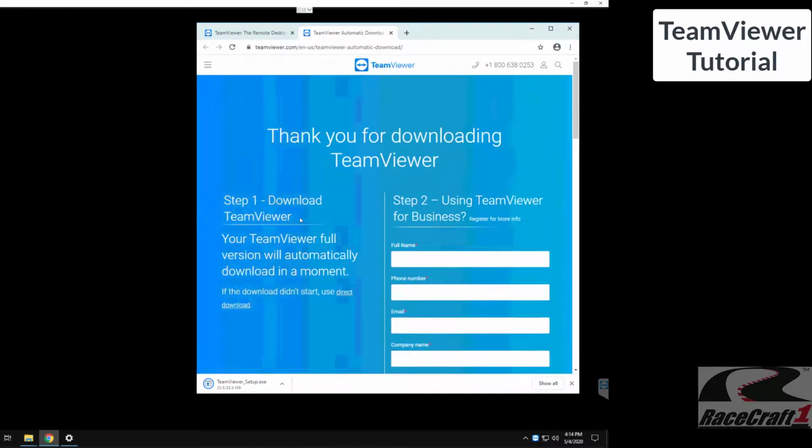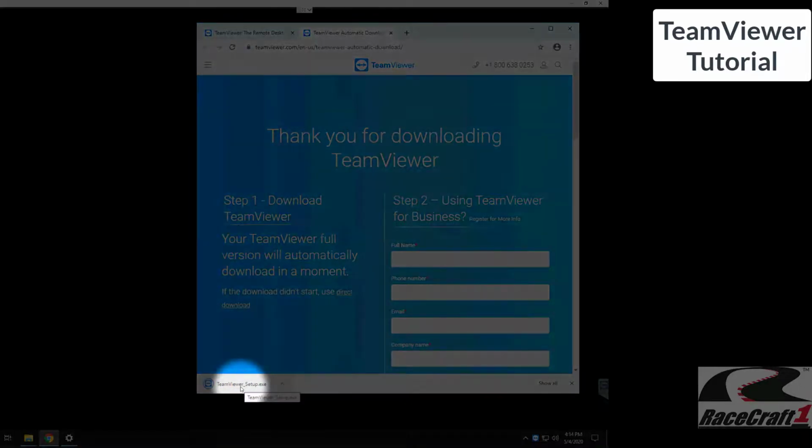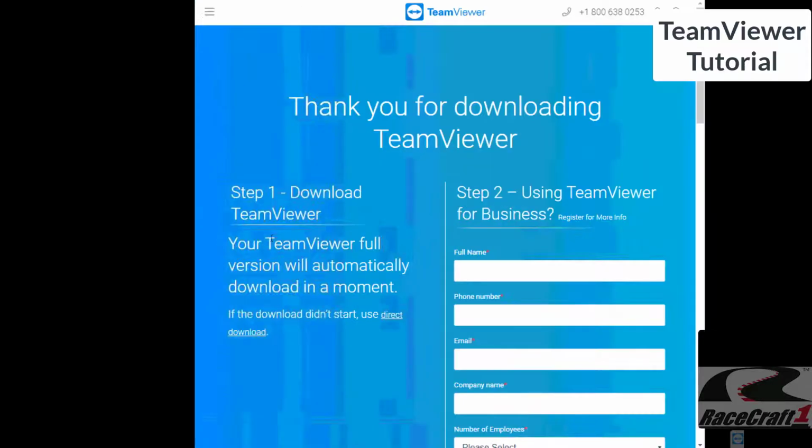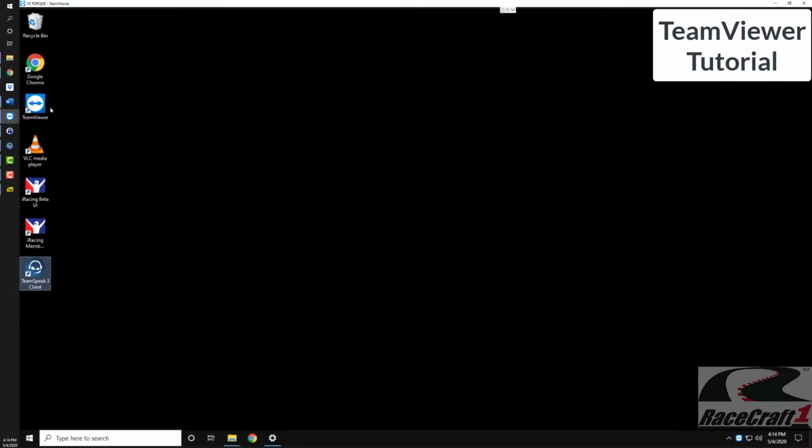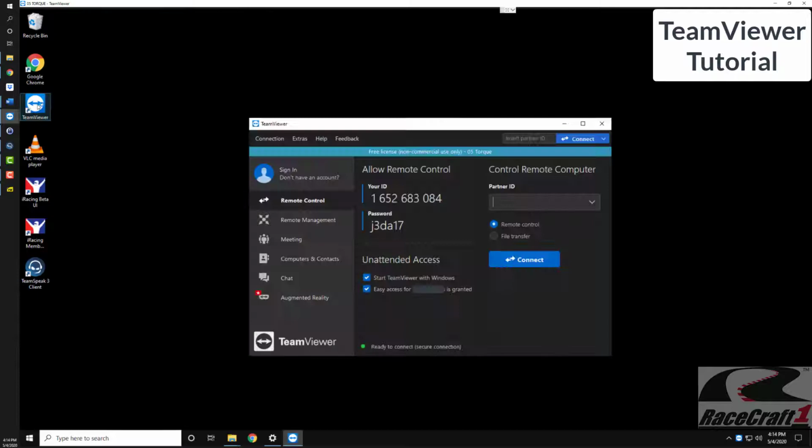And once it's downloaded, ready to go, you click on TeamViewer Setup. It will take you through the wizard to install TeamViewer. Once you have TeamViewer installed, then you double click on the TeamViewer icon,